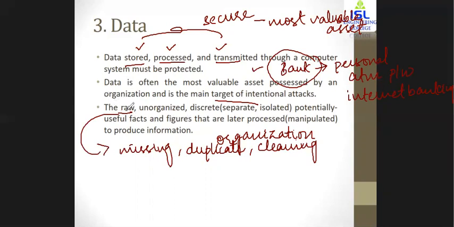Now in here, if a person gets access to an organization's data, even if it is raw data, you need to work a lot to get the correct information. Whereas unorganized data means the data that is not organized in the form of tables. It can only be different lines of code, written as different lines.